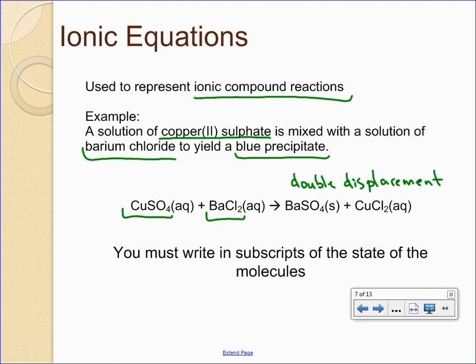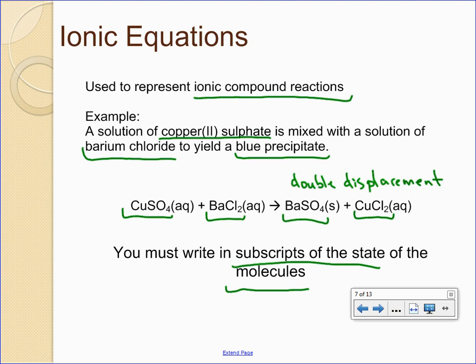Where each compound, each ion now will trade partners, and we form new compounds. So we get copper 2 chloride being formed, and we get barium sulfate being formed as well. And note that you have to write in the subscripts of the states in each of the molecules that we deal with now. So based on our solubility rules, we know that all sulfates are soluble, except when bonded to